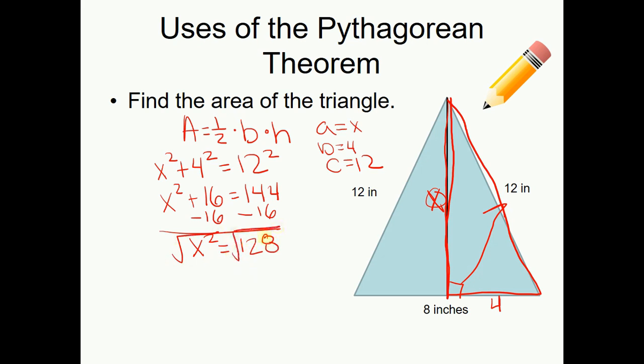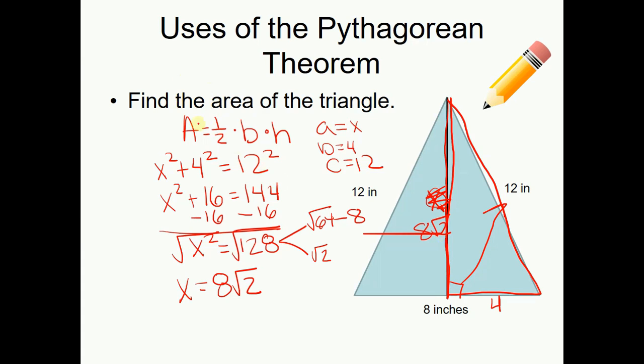I got to square root both sides. Ooh, square root of 128. You know what? 64 times 2 is 128. So square root of 64, square root of 2. 64 is just good old 8. So it'd be 8 square root of 2 for my x. Which tells me that the height of this triangle is 8 square root of 2,